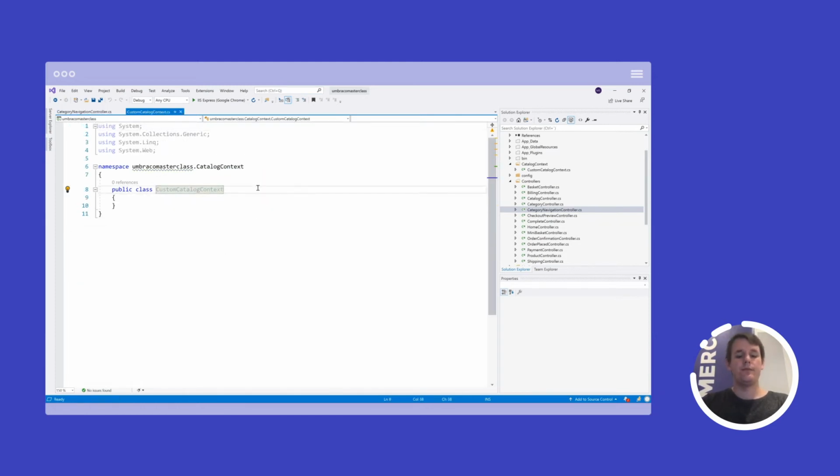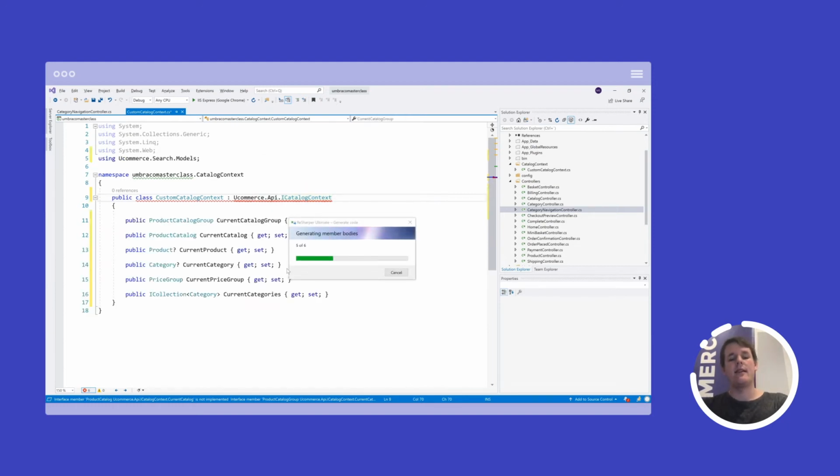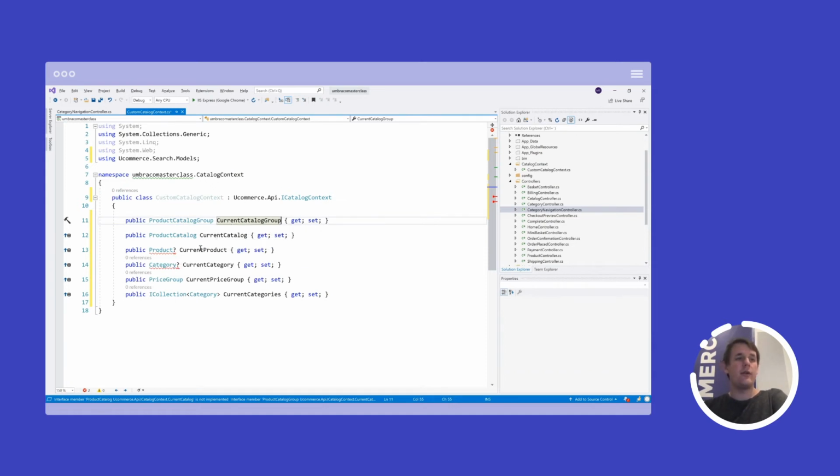So what I can do here is to implement that interface. And this interface has a bunch of methods that we need to implement: current catalog group, current catalog, current product, current category, current price group, current categories. In this case, I'm actually only interested in resolving a product catalog based on what we need.